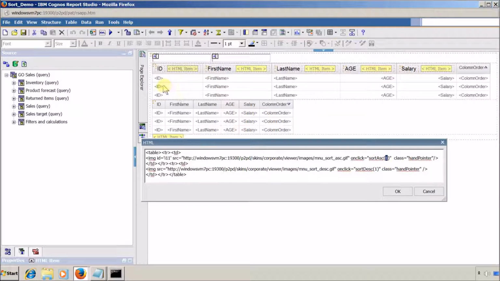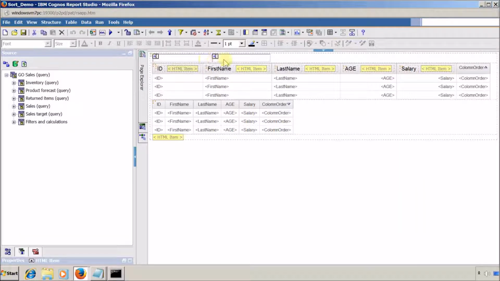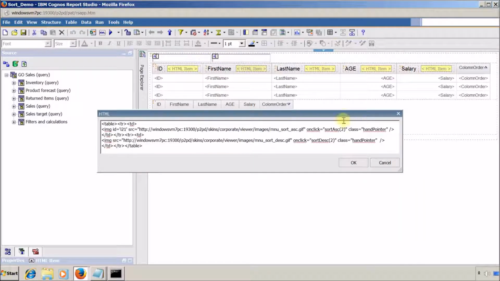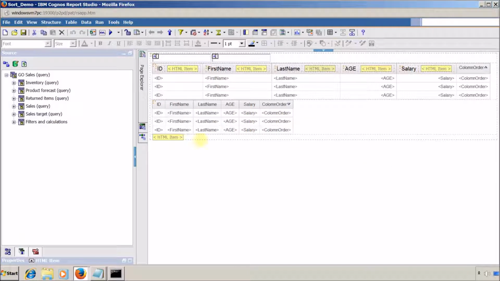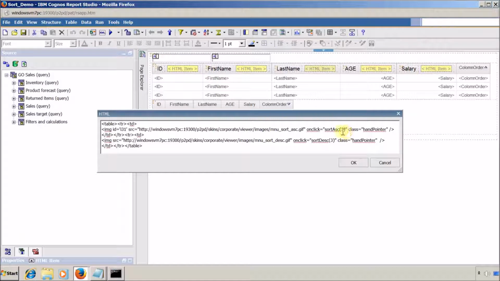Okay, so for ID we have use value 1, for first name we have use value 2, for last name we have use value 3, age 4, salary 5. So that's why we are passing this 1, 2, 3, 4, 5 in these functions. So let me open my second HTML item. Inside this we are passing use value 2, and for last name we are passing use value 3, and so on. So this is the purpose of use value, and we are going to assign this value to these